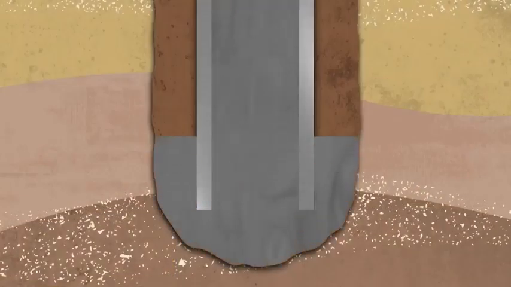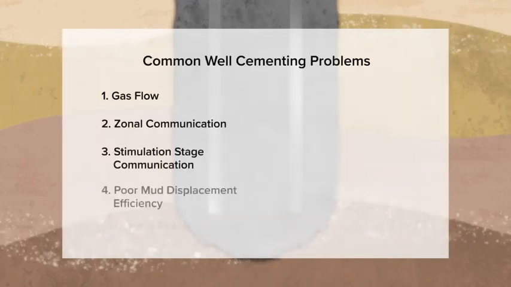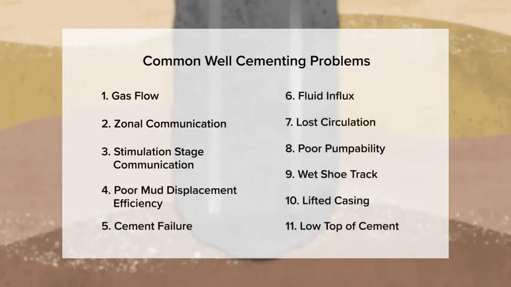Cement is foundational to a well's life cycle, and a high-quality cement sheath can prevent problems ranging across the spectrum, from gas migration to casing failure. This video will explore the most common well cementing problems and some of the best ways to address them, starting